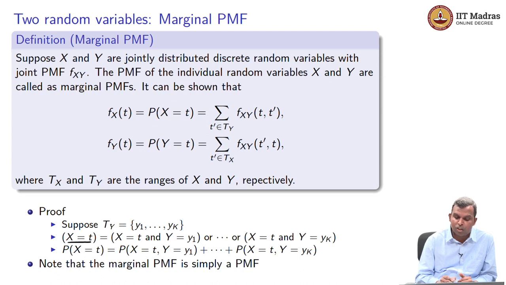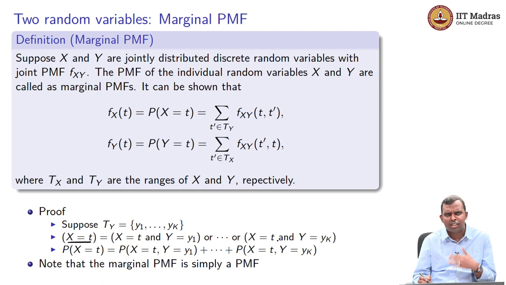So let's say the range of y is y1, y2 to y sub capital K. Okay, some k entries are there. So if you want to just think of x equals t, I can always write this event as x equals t and y equals y1, or x equals t and y equals y2, so on till x equals t and y equals yk. This is a way for me to decompose x equals t as a disjoint union of